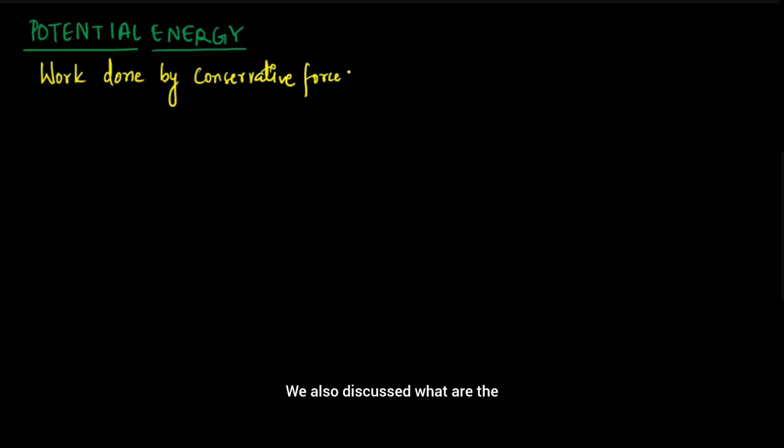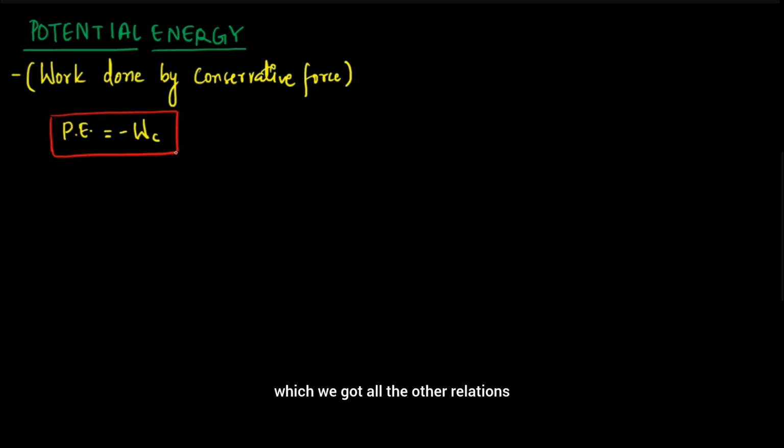We also discussed the differences between conservative and non-conservative forces. So potential energy is defined as the negative of work done by conservative force. Whenever we talk about potential energy, we can simply define it that way. This is the main definition from which we got all the other relations. We need to keep in mind that whenever we are talking about conservative forces, there are only four types